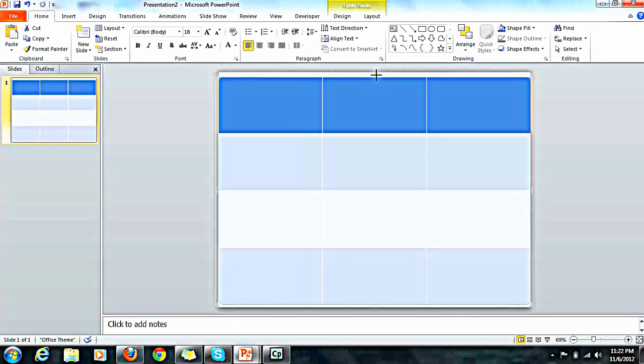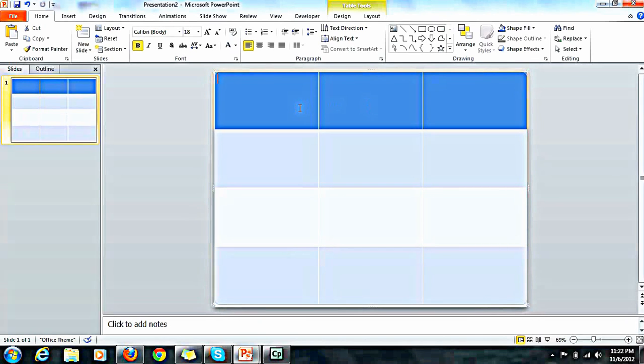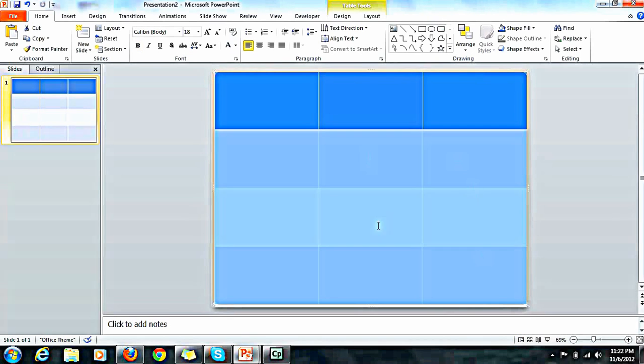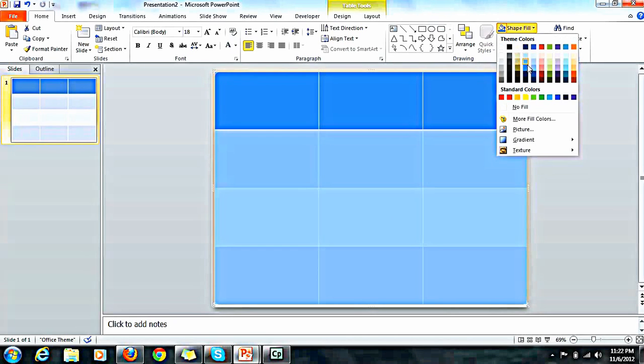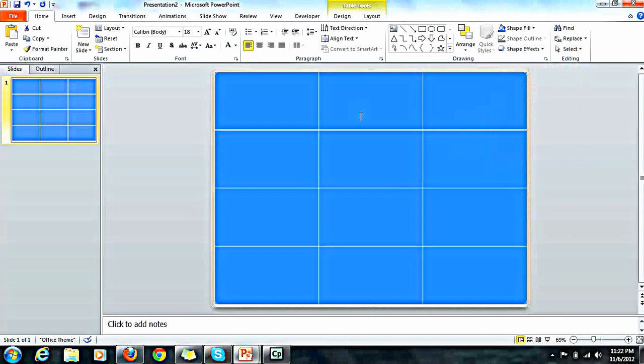And in order to make each of the cells blue, I'm gonna hit the shift button and select all cells and make all of them blue in order to make my board look like a jeopardy